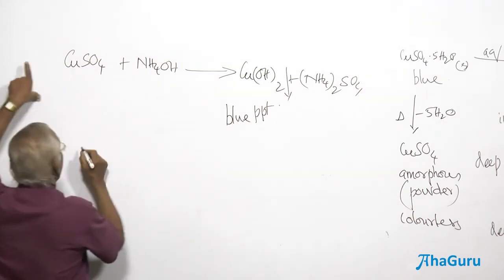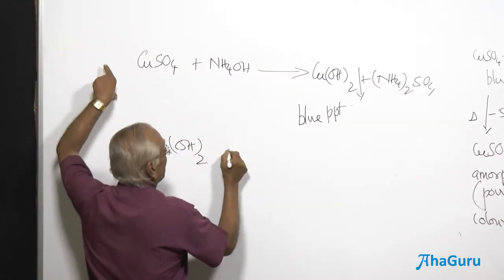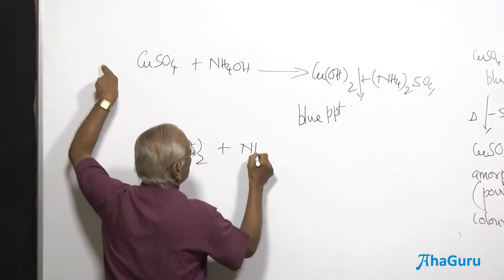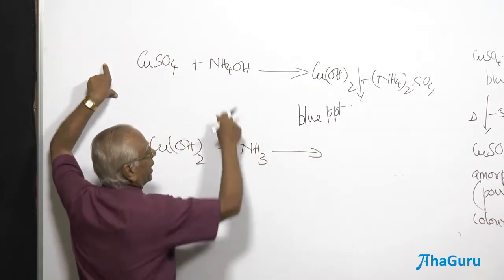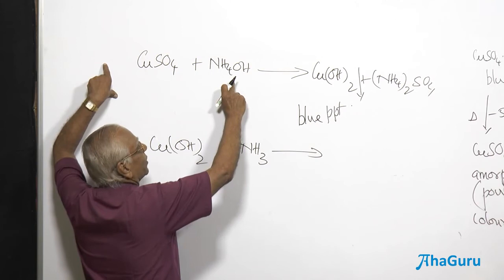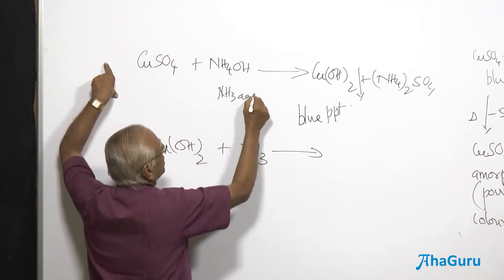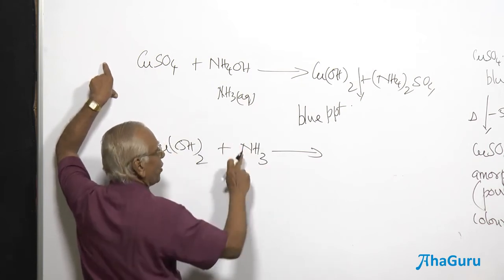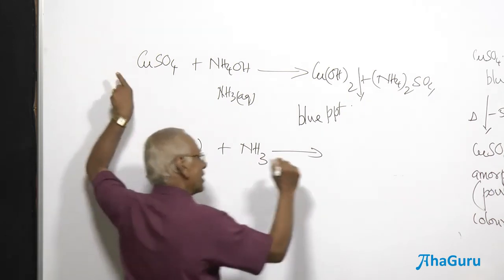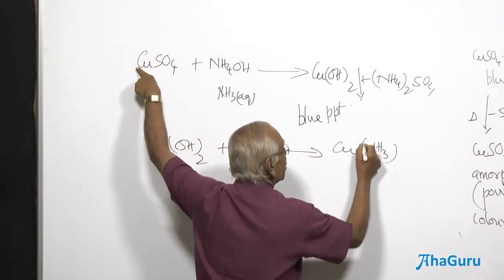Now you add ammonium hydroxide, Cu(OH)2, plus ammonia. I am not writing ammonium hydroxide, I am very careful. I have used ammonium hydroxide. It is also written as aqueous ammonia. And this is going to be ammonia. It is not the ammonium hydroxide that is going to be useful. We shall explain all these things. It forms what is needed now.